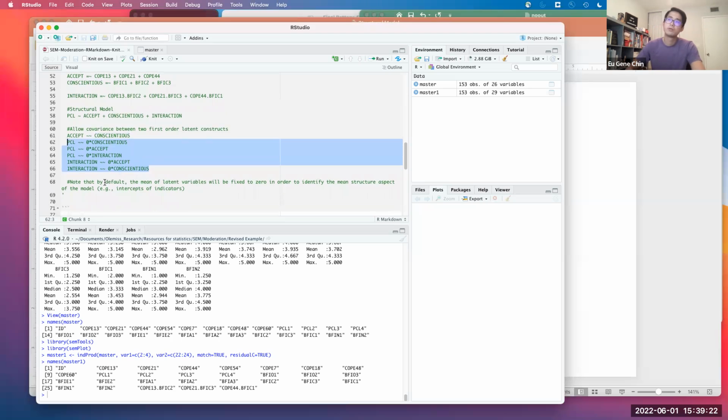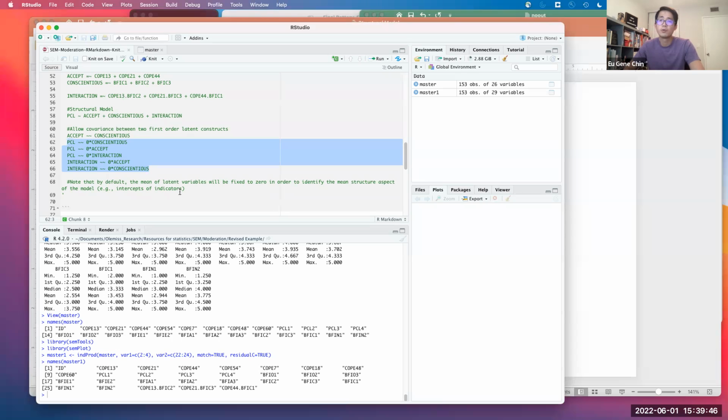And I have a note over here too. By default, R is going to fix the mean of the latent variables to 0 in order to identify the mean structure aspect of the model, such as the intercepts of the indicators. I've actually tried to do this differently when it comes to estimating the latent variables.